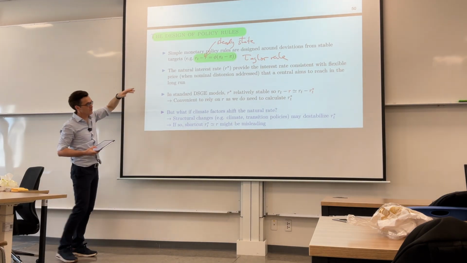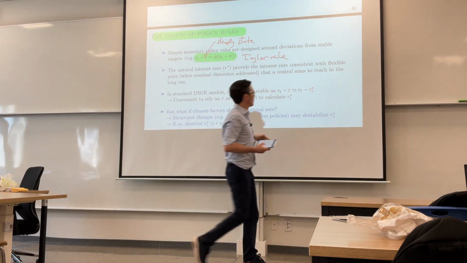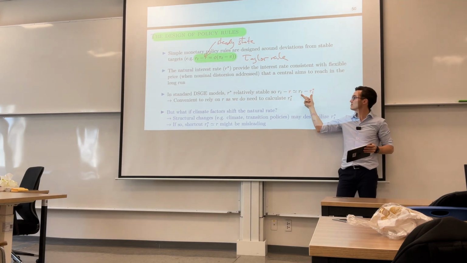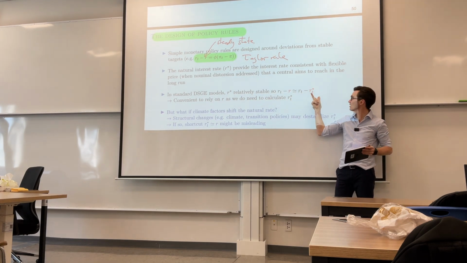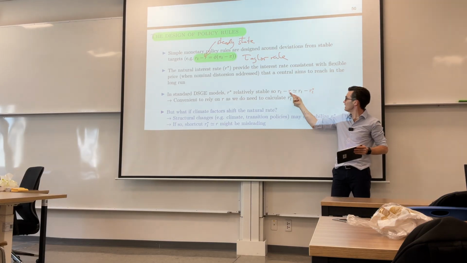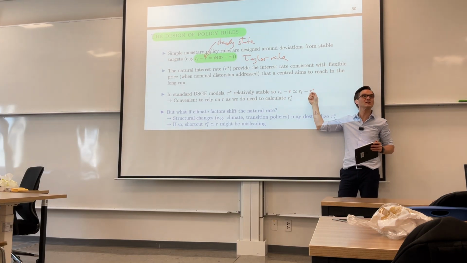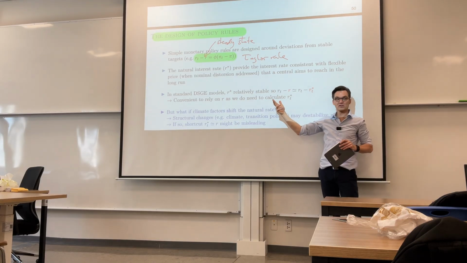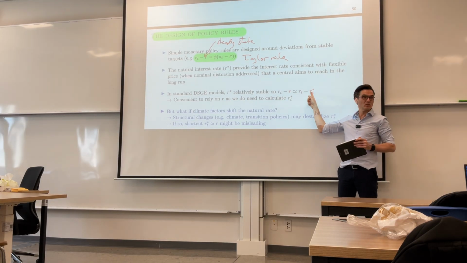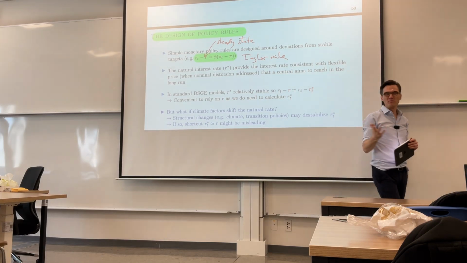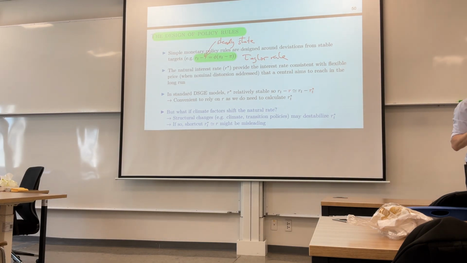Now, to say this first, in standard DSGE models, this is roughly equal to this. For instance, if you don't have technology shocks or anything that moves this around, then this is an equality. These two things are the same. So in standard models, the steady state interest rate and r star are often very similar. Like if you only have cost-push shocks, then this thing doesn't move, and it is the same as this one. So in standard models, it's not so important. I should be careful saying this, but it's not so important, unlike here,